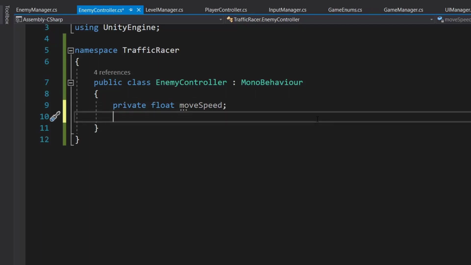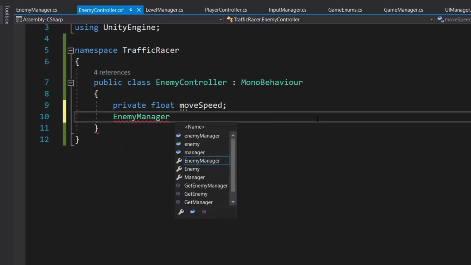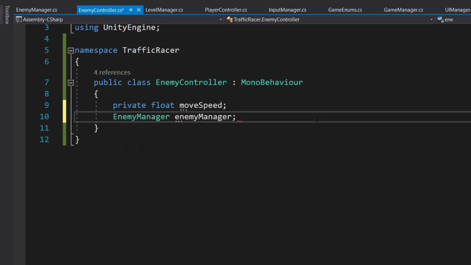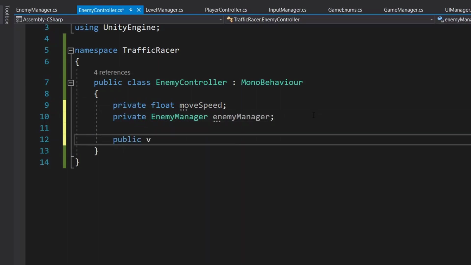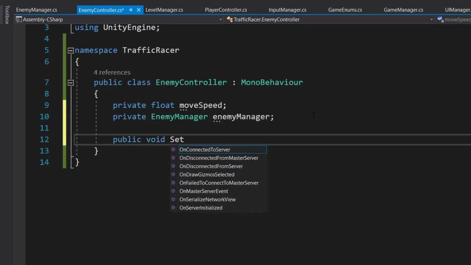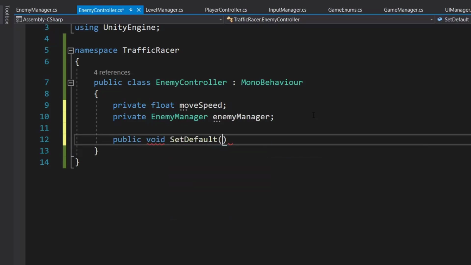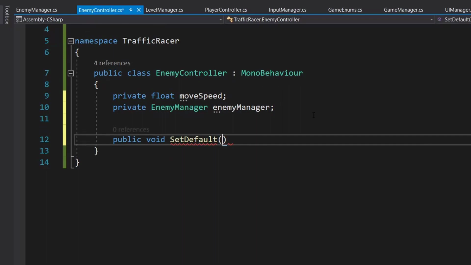Then we need reference to our enemy managers. So enemy manager, I will call this enemy manager, and let's copy our private and paste it here. Then we will create a public void set default method. Now in default method we are going to first set our speed, so float speed and